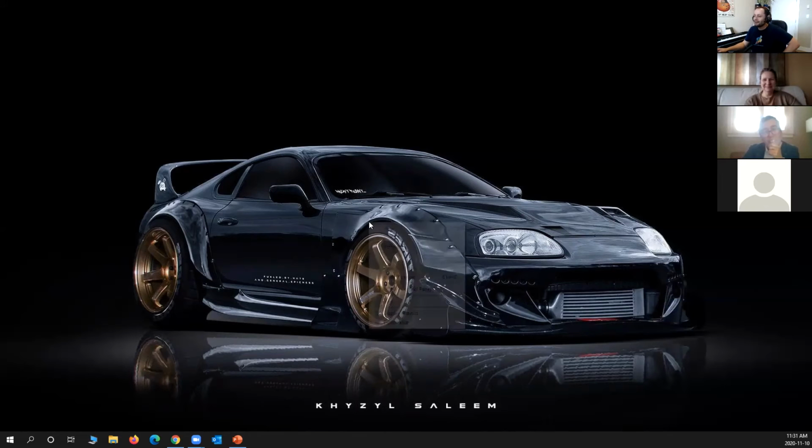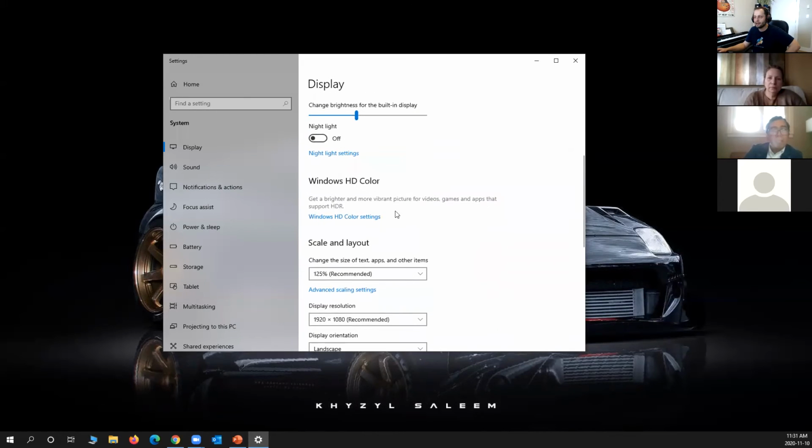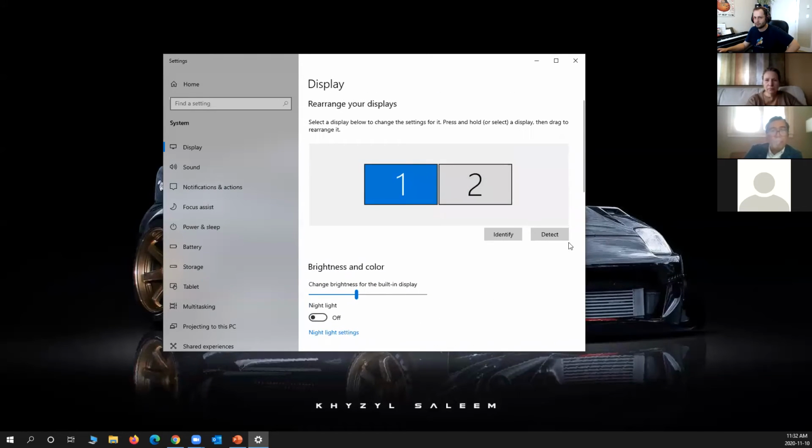Anyway, if you go here, go to display settings. Okay, I'm going to bring it on this screen. I have two screens so you can see. My screen one is my actual laptop screen. I'm using a Lenovo Legion HD screen, 1920 by 1080. You see that automatically Windows puts it at 125% zoom. Comparatively, my second screen, which is the screen you are looking at, which is the screen I use for my